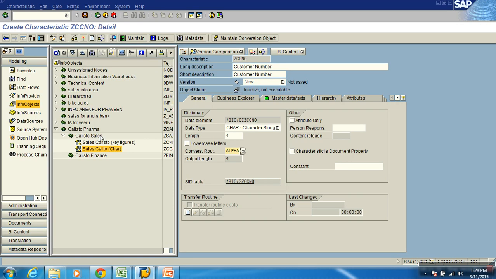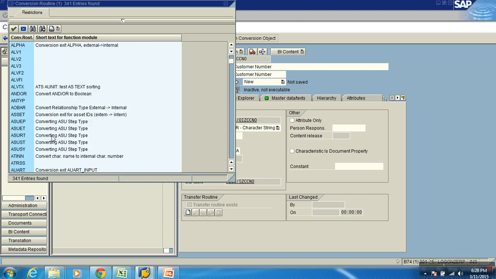So if I type in something like 100, why does it put zeros? Because the values can be manipulated. In the database, if you don't put those left padding zeros, it can start reading that as a number also. So they want to treat that only as a string. That's all. By default, it takes that ALPHA. You don't have to really worry.